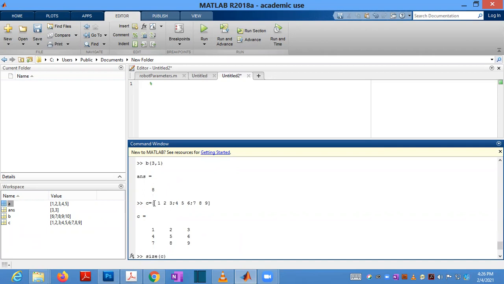Entering a matrix is like this. First you have to fill the rows, then the columns. Row by row you are entering. That is the easiest way. If you are entering a column matrix, you have to use it like this. Then you have to indent other things. This is the simplest way to enter a matrix.